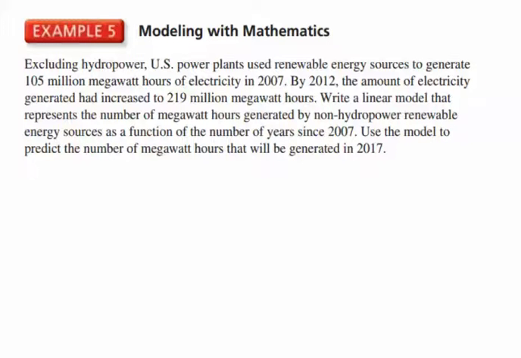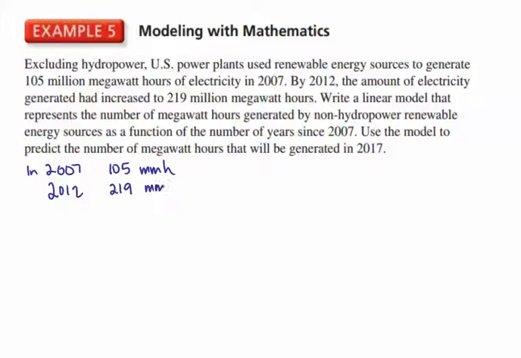All right, so example 5. Excluding hydropower, U.S. power plants used renewable energy sources to generate 105 million megawatt hours of electricity in 2007. So what we have here is in 2007 we have 105 million megawatt hours, and we'll abbreviate that. Then in 2012, that number had risen to